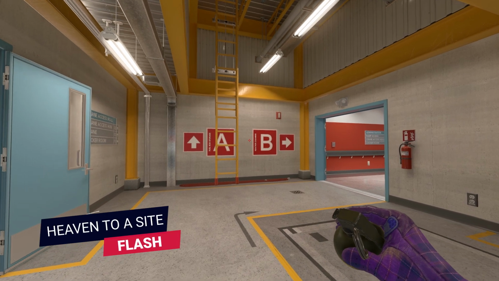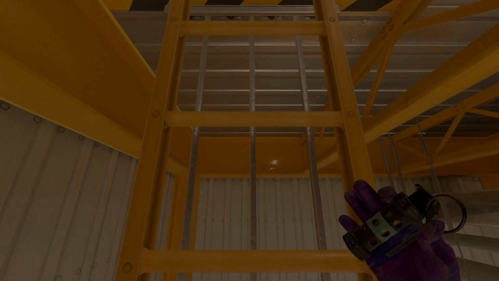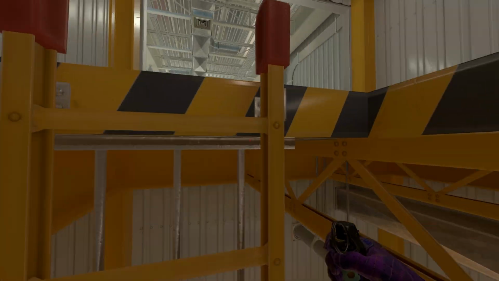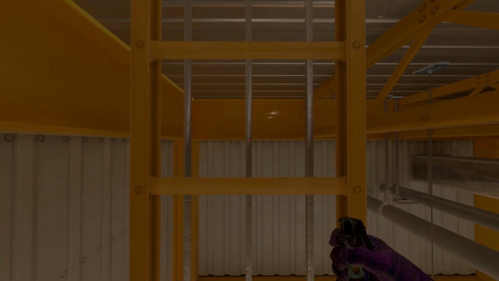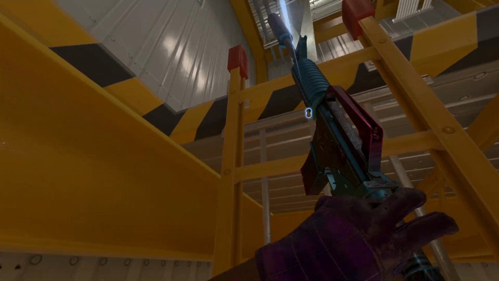Another way to retake flash, but this would be one for yourself, is just if you like retaking site, going on the ladder here, just somewhere like that. It doesn't have to be too high, too low. Obviously, be aware that there can be people in heaven if they've got a decent map control there, but otherwise just go up here, align yourself up here, and then just throw it on this wall like that, and it